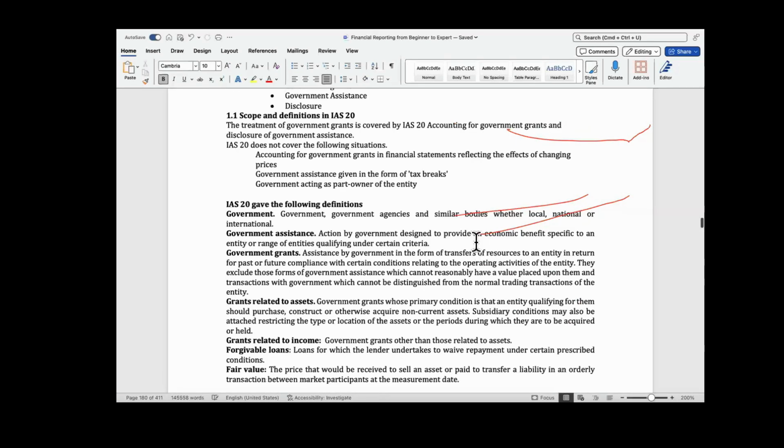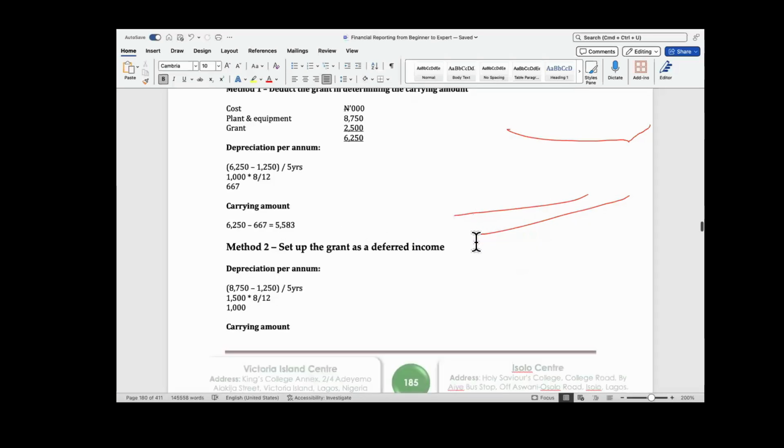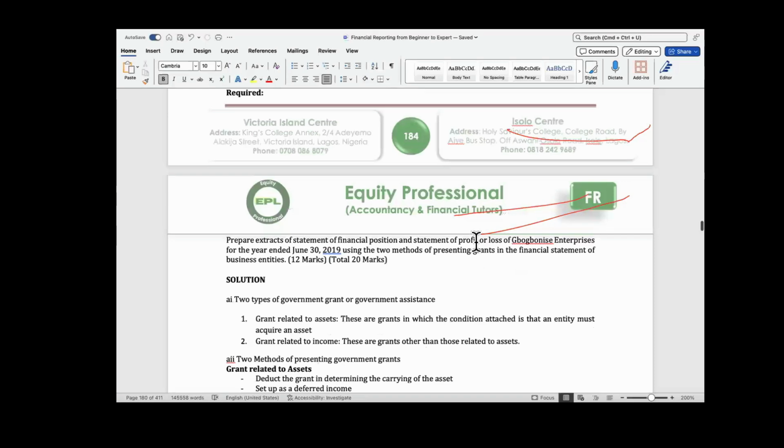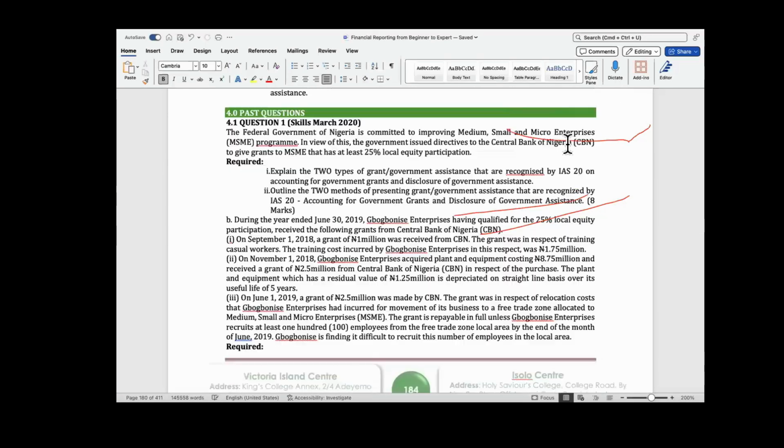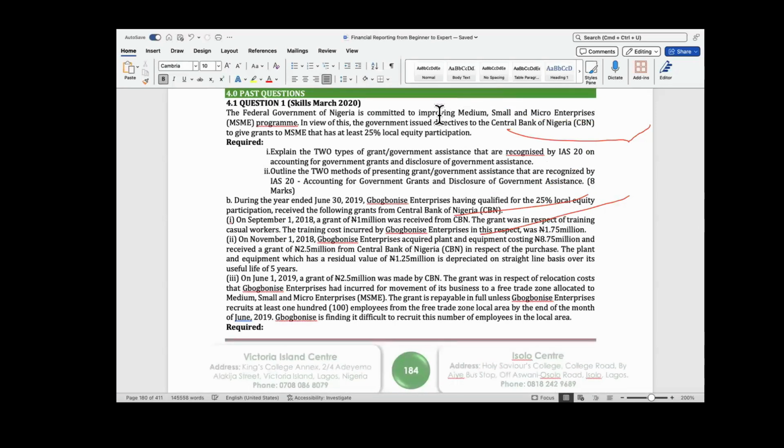So let's put figures to all of these things I've been explaining hypothetically. Let's look at the time they asked it. There was a question in 2020. It says that the federal government of Nigeria is committed to improving medium, small, and micro enterprise program. In view of